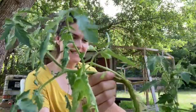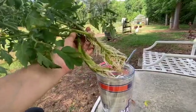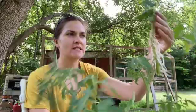So to kind of speed this up for you, I brought out some that I did about a week and a half ago, and they've been sitting in the water. I just think this is too cool. Each one of those hairs grows thick and coarse, and then these can be